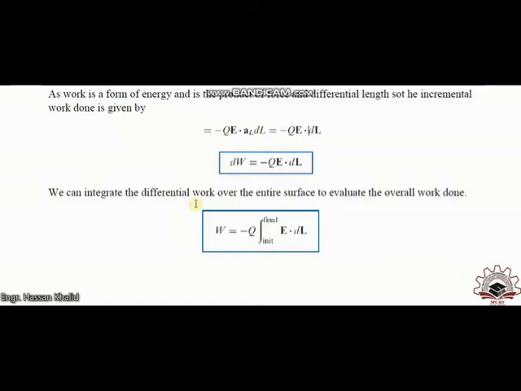You can find the total work done in moving the charge from the initial point to the final point by integrating the electric field intensity, dot product with the incremental distance, from the initial to the final point. That distance can be expressed in the rectangular, spherical, or cylindrical coordinate system, depending on the nature of the given condition, and the work will depend on it.